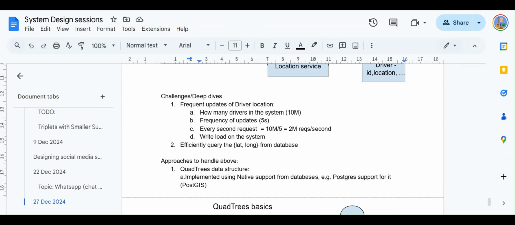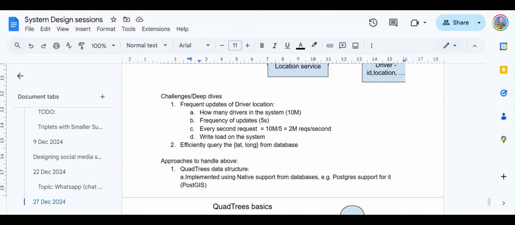But the trade-off with that is, since we are batching, we have to wait for that entire batch to complete, and it will not be able to accurately capture every driver's location. Basically, we will have some latency with respect to capturing a driver's exact location. So if a driver has sent the update at t0, but since we are waiting for the batch to complete, we will be able to send this update at t0 plus delta.